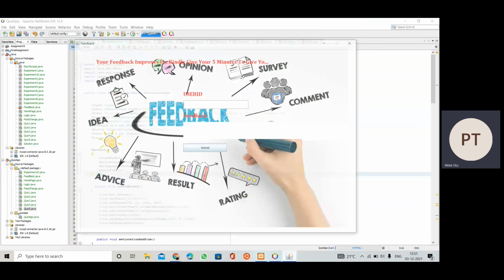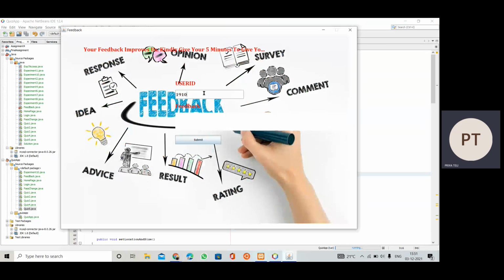Here we can write our roll number, user ID, for giving the feedback, and here we will type our feedback. Only registered user IDs are applicable.